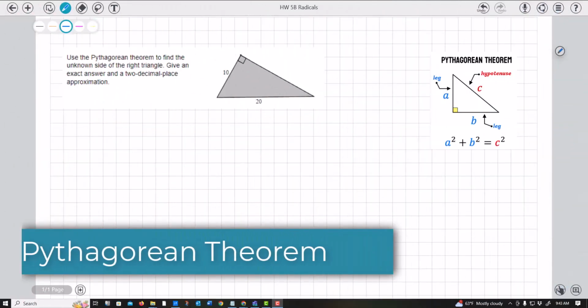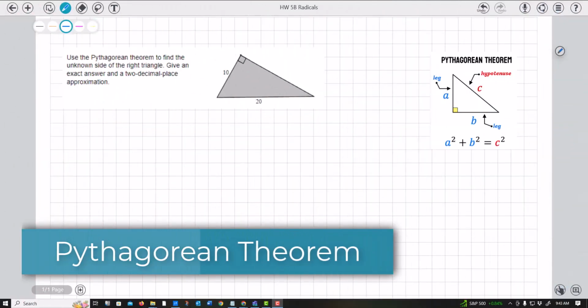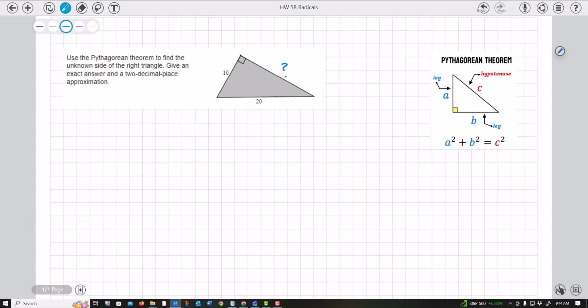All right, we're given this triangle here and it says use the Pythagorean theorem to find the unknown side, and give an exact answer and then a 2 decimal place approximation. Now the first thing that I do is I look for this right angle, because notice with the formula, what is opposite of the right angle is my C, and then I can call this leg B or even A